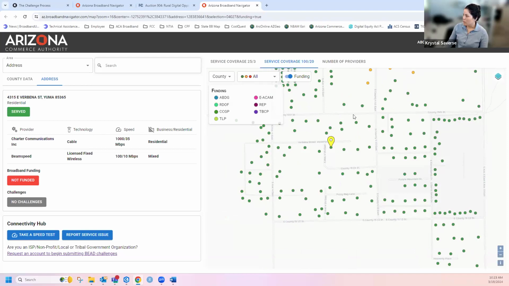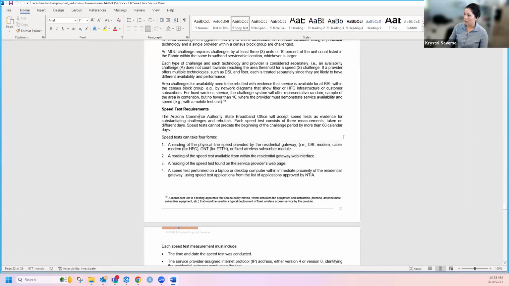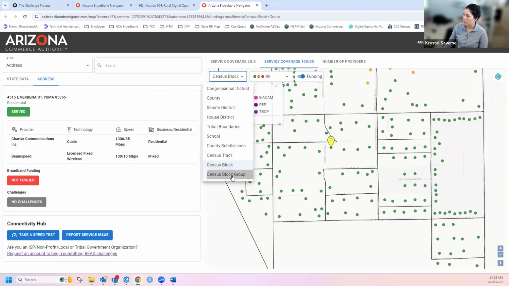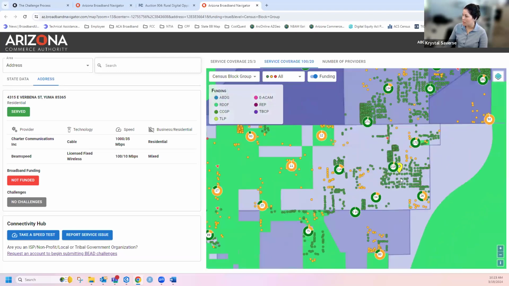Let's see, taking a look at this community right here, I'm going to go ahead and just take a look at the census blocks. So in volume 1, we also have this bit of information here. It talks about NDU challenges and area challenges. So an area challenge is triggered if 6 or more BSLs, broadband service locations, which are using a particular technology and have the same provider, within a census block group are challenged. So that means, sorry, let me change this to census block group. So this is a pretty large area. So if 6 of these BSLs,